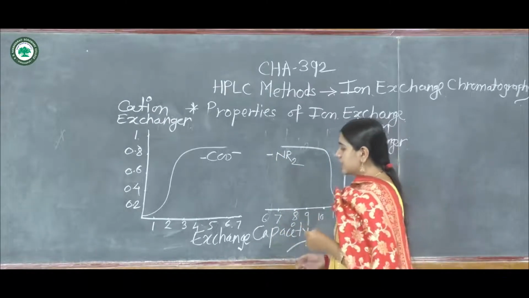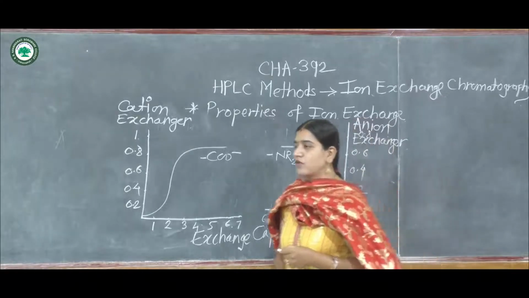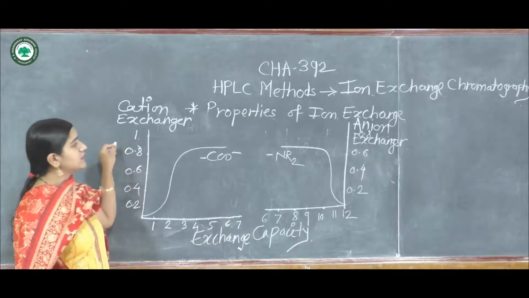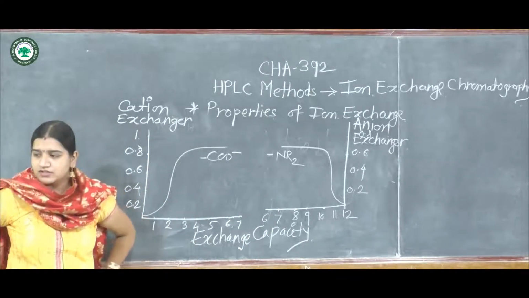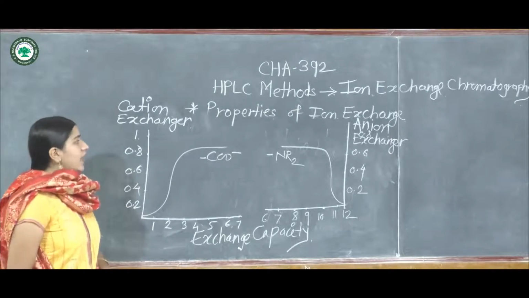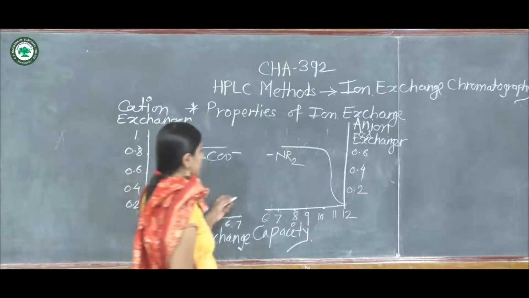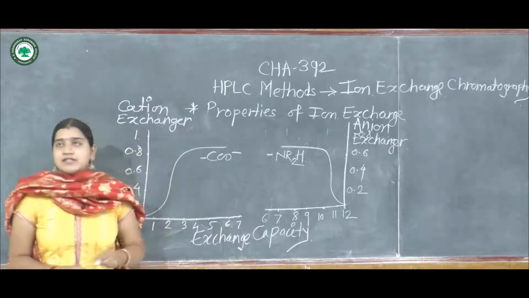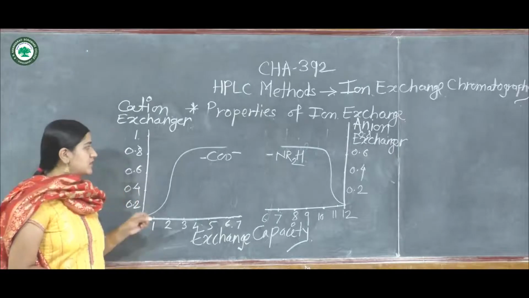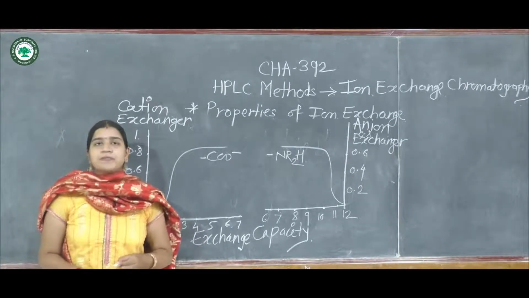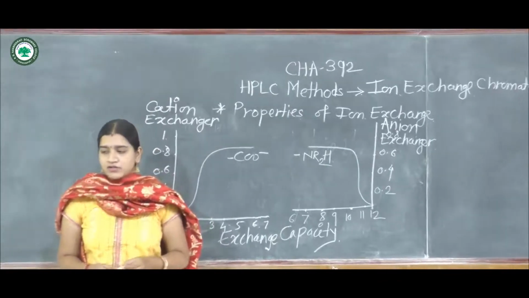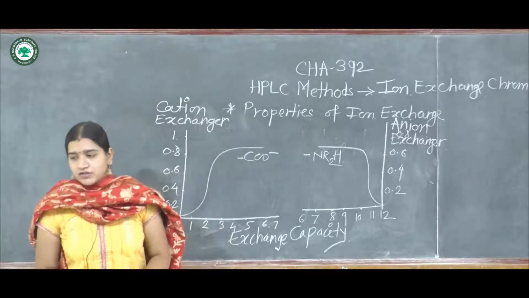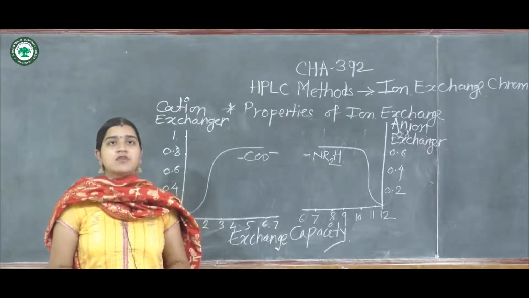So this is considered as the exchange capacity graph for the weak acid and weak bases for the cation exchanger as well as the anion exchanger in case of the ion exchange chromatography. With this cation exchanger and anion exchanger graph, we can say that the principle is valid for the use of weak acid or weak base, and you cannot use the strong acid or strong base